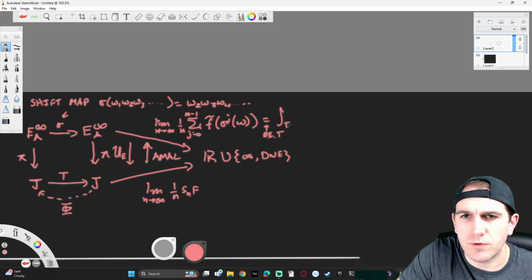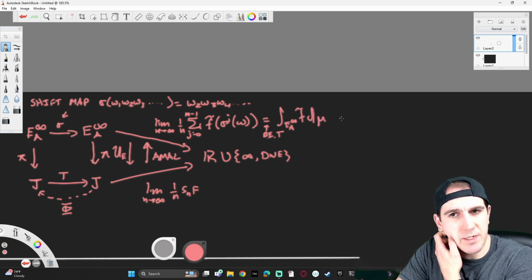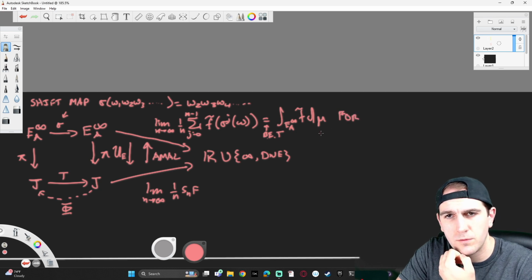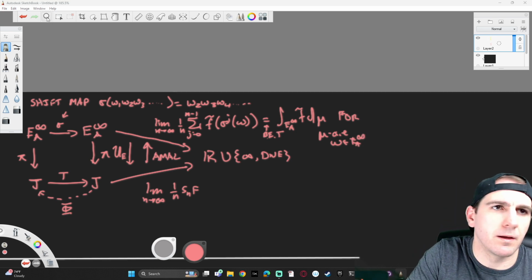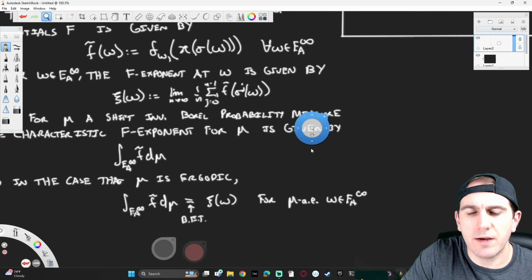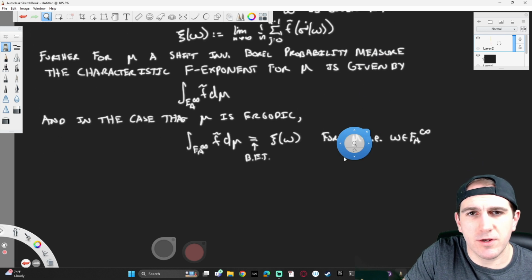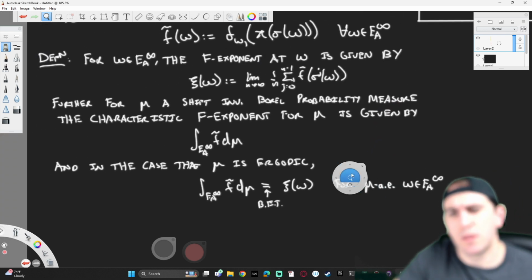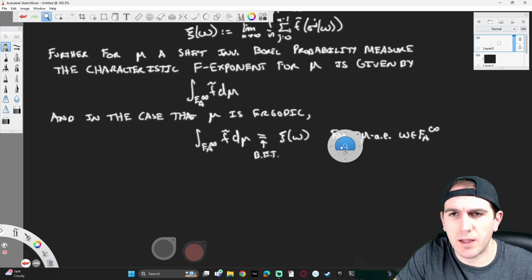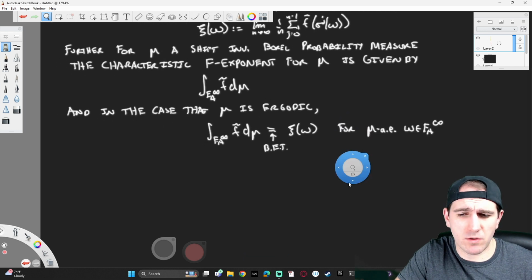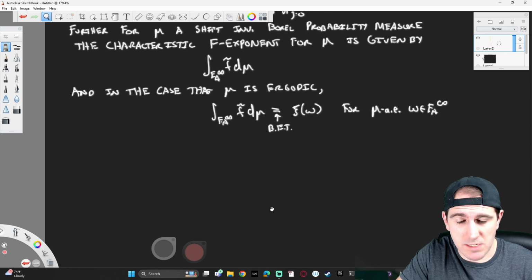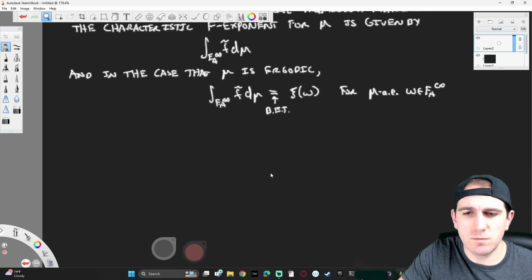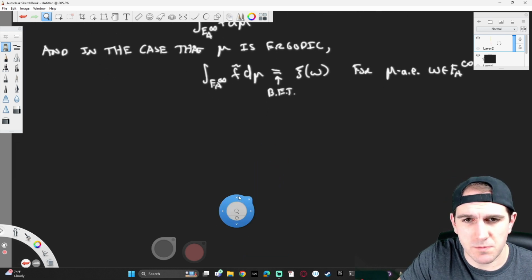This is equal to an integral over the symbol space of the amalgamated function for almost every omega within E^A infinity. Okay, so we have some idea of how we can move around, and I can figure out what the characteristic thing is quickly. So just for example, sometimes in number theory, people care about the average of digits in the representation of different numbers within different number systems. And so for the Gauss map,